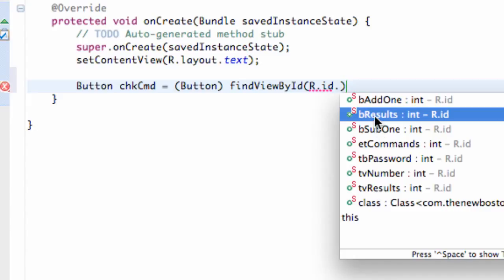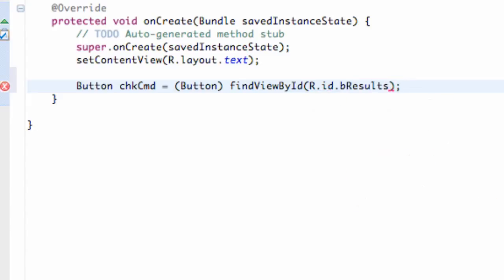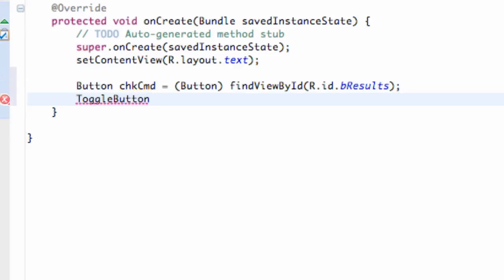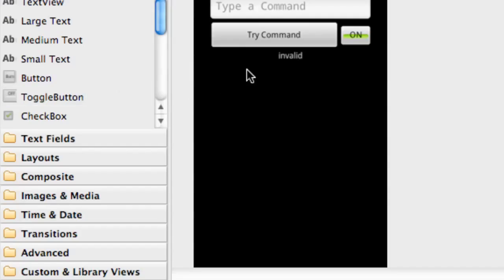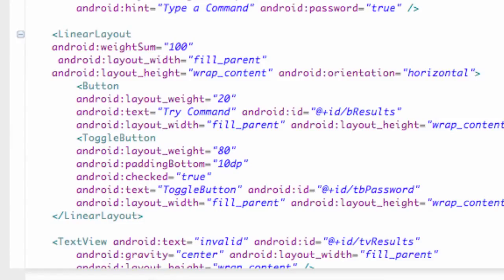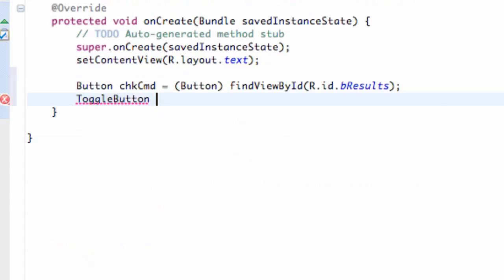Yeah, it must be. So we're going to use button results. Then we're going to set up a toggle button as well. And the nice thing is basically the name is the exact same as the name in XML. So you guys, if you ever forget what type of variable you're setting up, most likely it's the same name. So there you go. We're going to call this